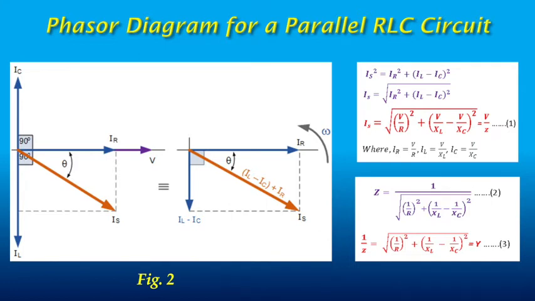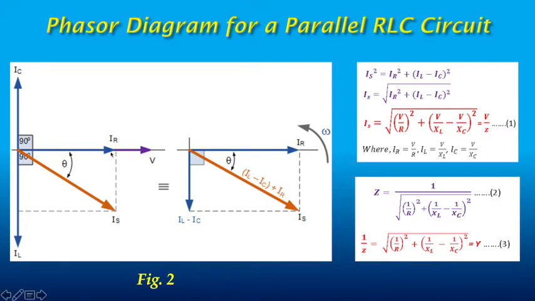The resulting vector current is obtained by adding together two of the vectors, IL and IC, and then adding the sum to the remaining vector IR. The resulting angle obtained between V and Is will be the circuit phase angle, as shown in the figure. We can therefore use Pythagoras theorem on this current triangle to mathematically obtain the individual magnitude of the branch currents along the x-axis and y-axis, which will determine the total supply current Is of this component, as shown in the figure.